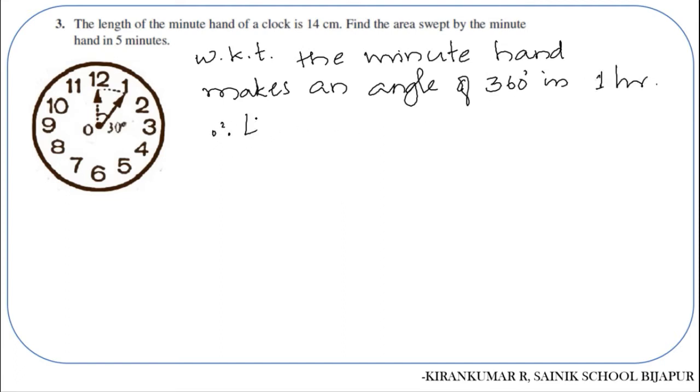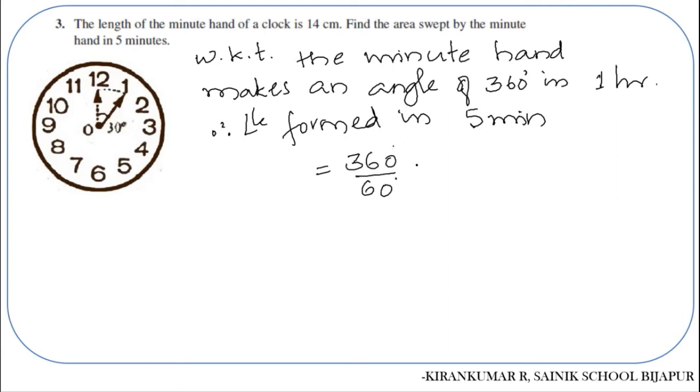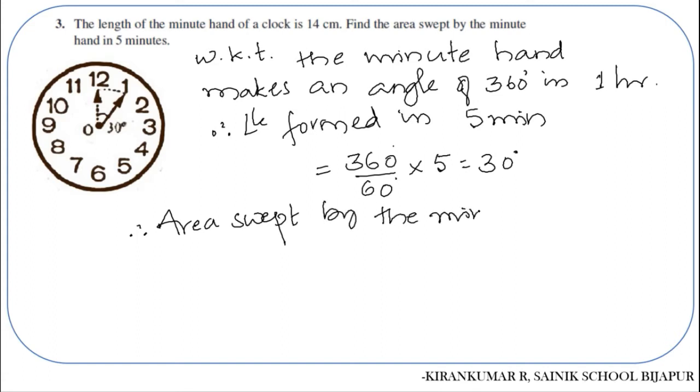Therefore, angle formed in 5 minutes will be 360 upon 60 degree multiplied with 5, which gives 30 degrees. Therefore, area swept by the minute hand in 5 minutes